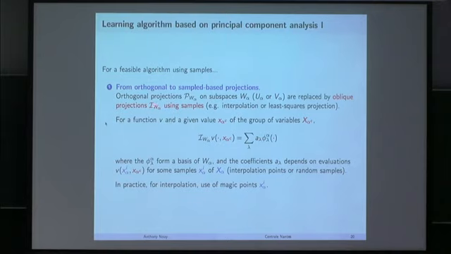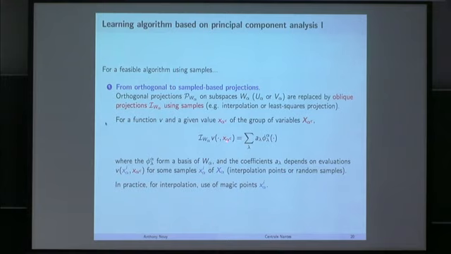This is a projection on the space W alpha. So this is no more an orthogonal projection, but an oblique projection. And here I just precise what is the form of this oblique projection operator. So this operator applied to a function, in fact, is a function that you can write as a sum of some coefficients times functions that are a basis function of your space V alpha on which you project. And this coefficient A alpha will depend on evaluation of your function on this particular point X alpha complementary that